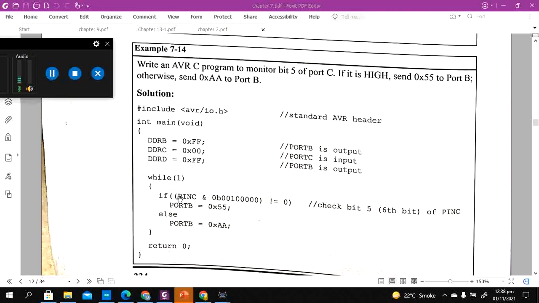So when this bracket starts with pin C, it is going to have a logical answer, and that logical answer is going to be compared with this thing. Technically speaking, if this is a 1, the logical answer for this whole bracket is 1, it's not equal to 0, then this whole condition is satisfied, and this port B is going to run.